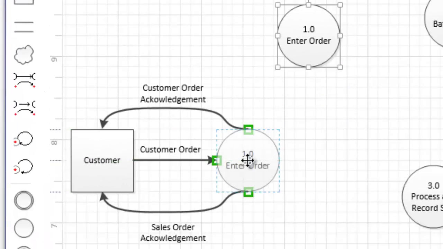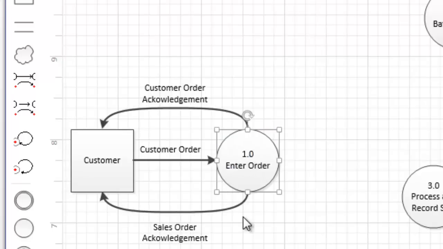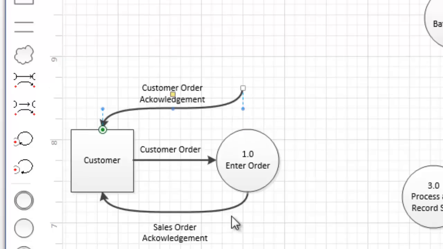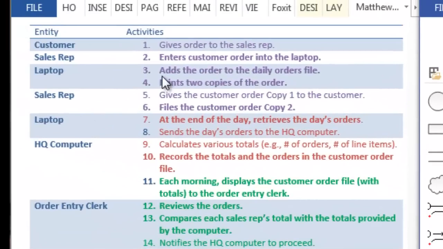So we need to make a connection here. Entering into our enter order process, we need to have the customer order. Now technically, we'll leave these other 2 data flows unconnected, which we'll quickly reconnect, because